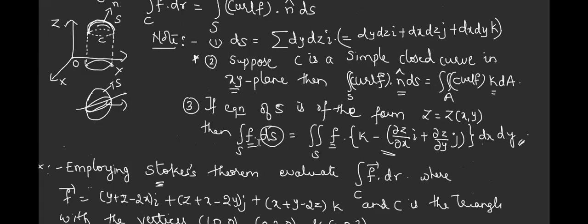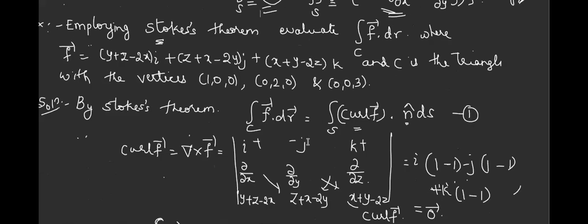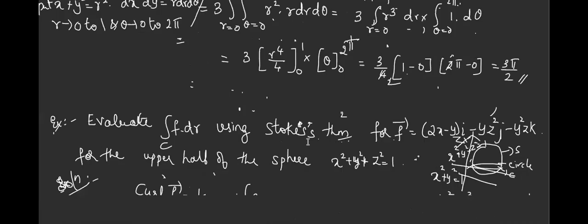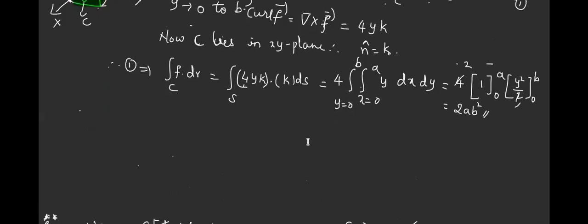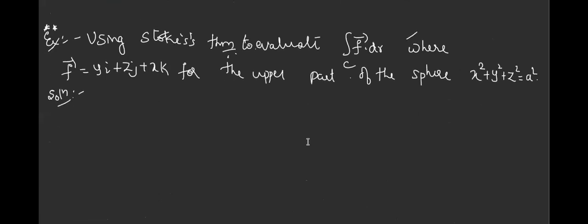Third point, if you remember, f dot ds can be written as f dot, so in place of ds, we are going to write a vector of this category. So I'm going to apply this concept. See, I told you some of the problems are very standard over here. We need to proceed according to that only. Otherwise, it is difficult to get the answer. Mark it with a star. A little typical example. Okay.